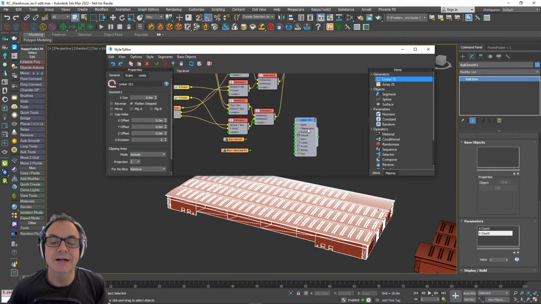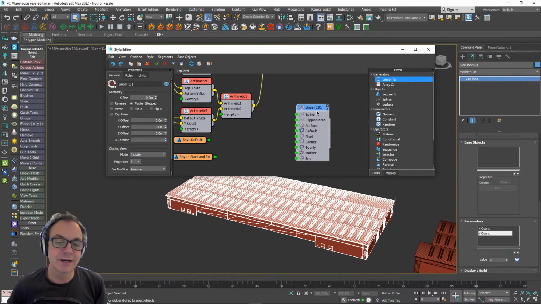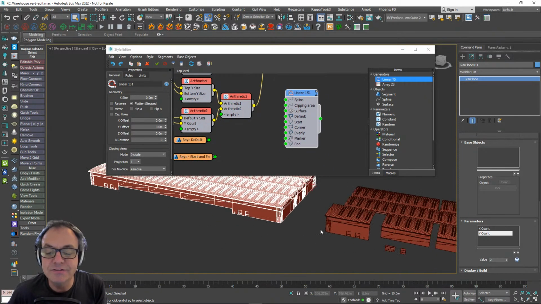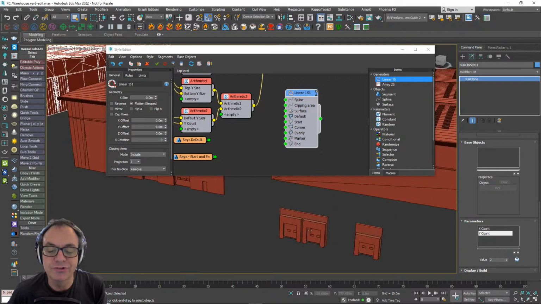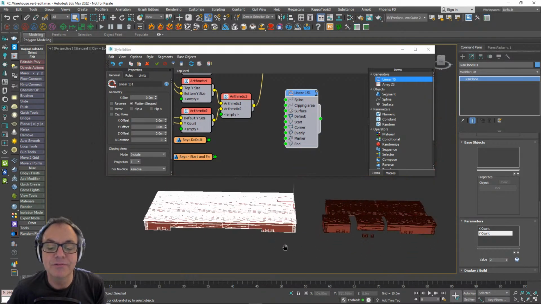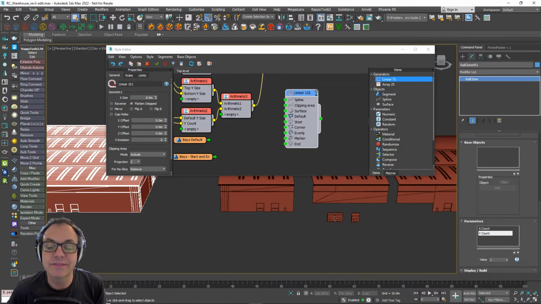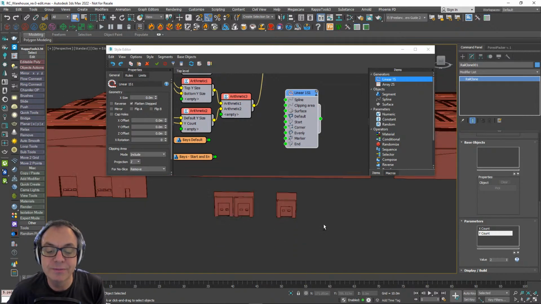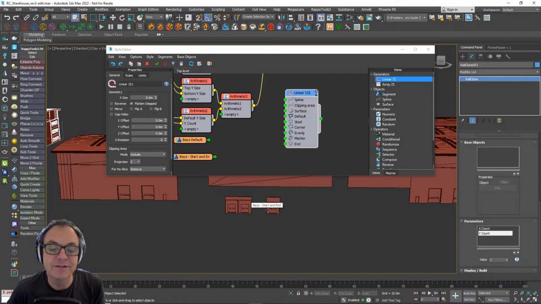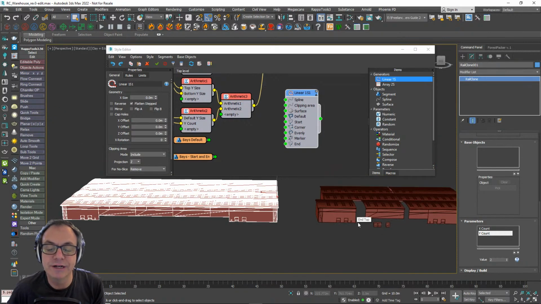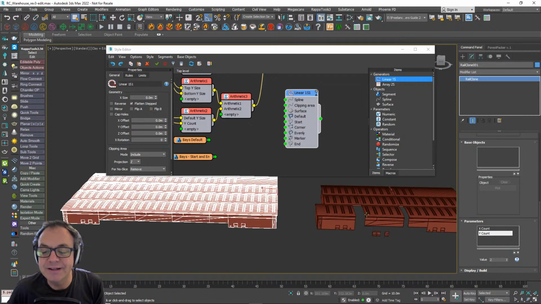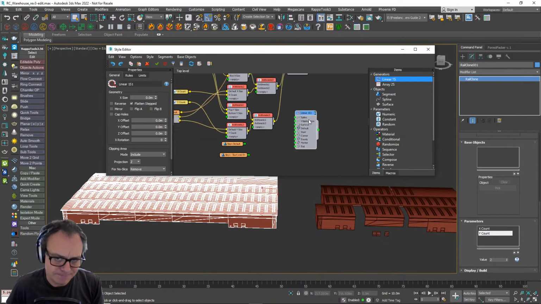Right, so this time then, I've got a new linear generator because there's basically this row of kind of doors at the back for lorries, and the reason they're separate is, as you can see, they've got taller double doors at the start and the end, and then this one repeats in between, and because they kind of overlap on one side and don't on the other, it doesn't sort of easily fit into this breakdown of the geometry, so it makes more sense to separate it and handle it separately.